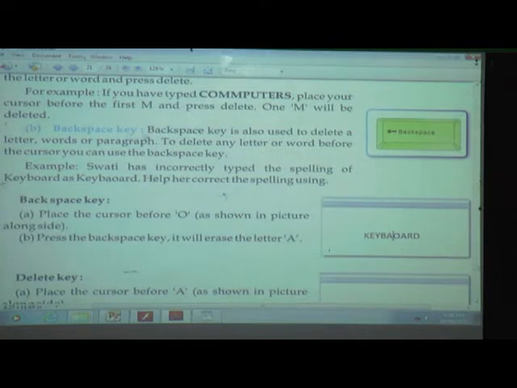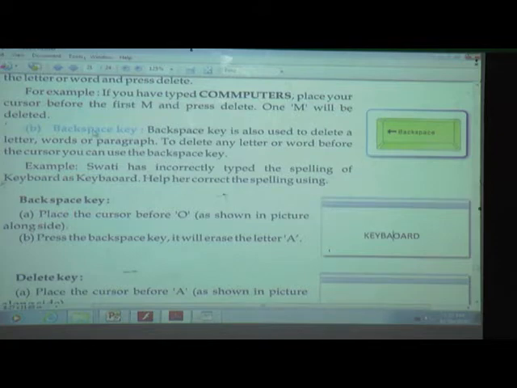The backspace key is also used to delete a letter, word or paragraph, before the cursor. See the difference between the delete key and the backspace key. Both are useful for deleting letters or words. But what is the difference between them?